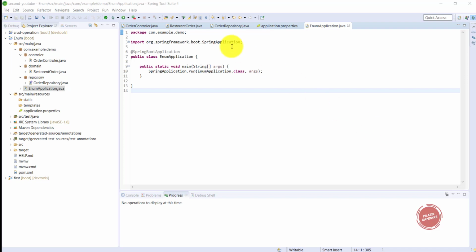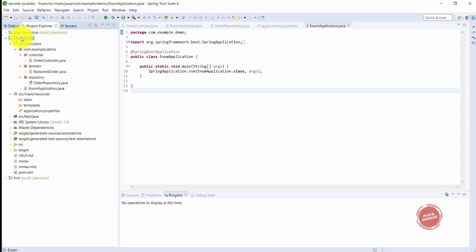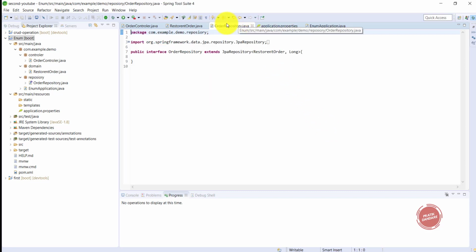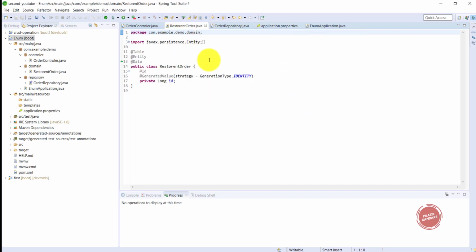For this purpose I created a new project called enum, and I already wrote some code here. It's nothing but Spring Boot code. It's a basic main class, application properties, which are nothing but the combination of Hikari CP and our Spring Boot database project. And this is the repository which belongs to the restaurant order class.